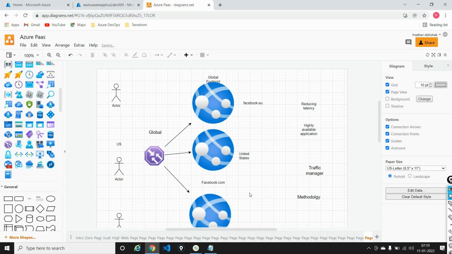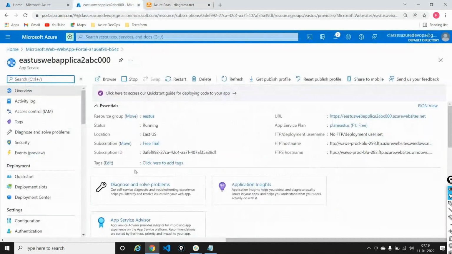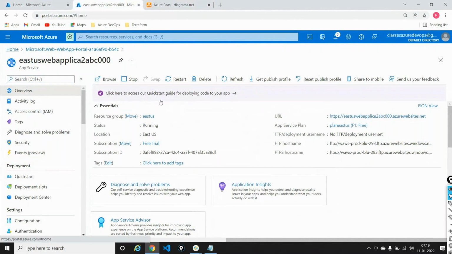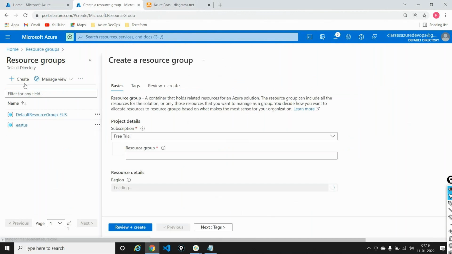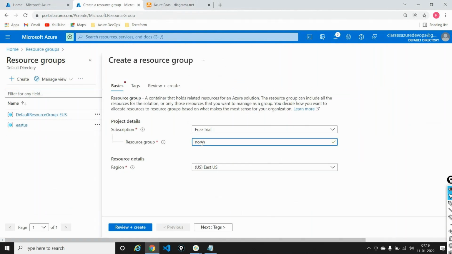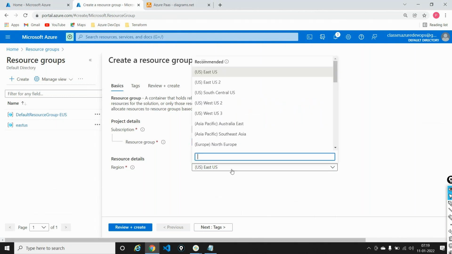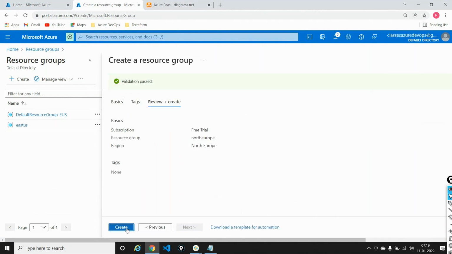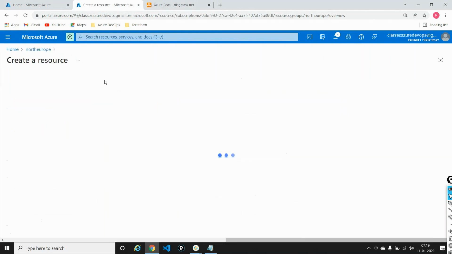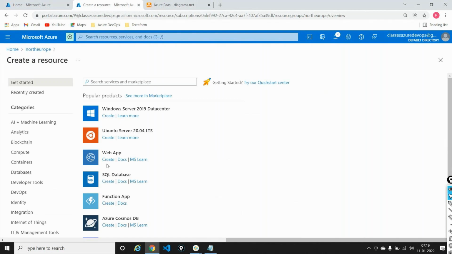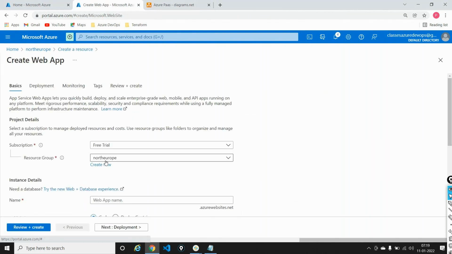So let's understand that. For now, I have a website that is running from US. I'll just go ahead and create one more resource group, for, let's say, a location called North Europe. So I'll create a North Europe web app. I'll say it is North Europe, review and create this. And let me go ahead and provision a resource in a location called North Europe. So I'll say web app, create this one, and I'll say it is North Europe